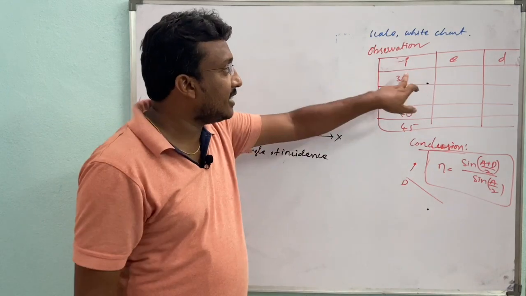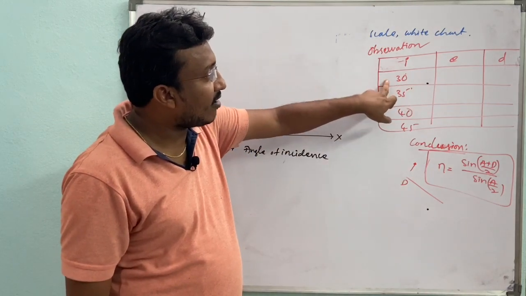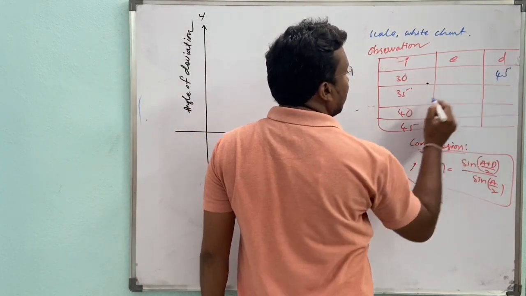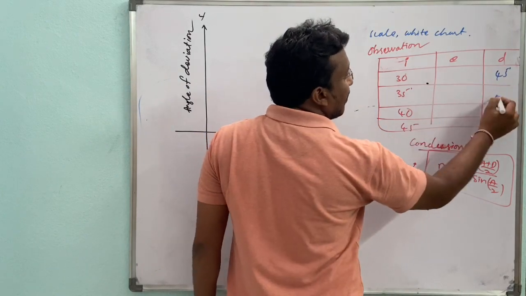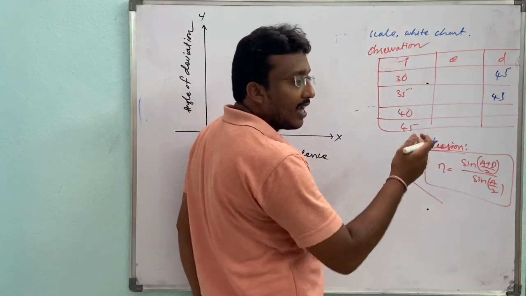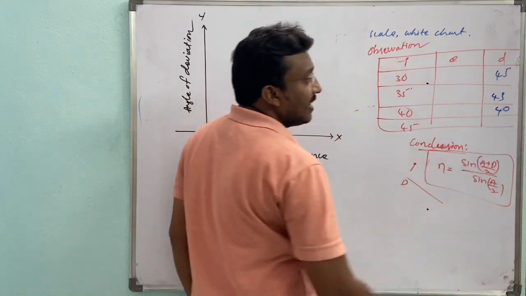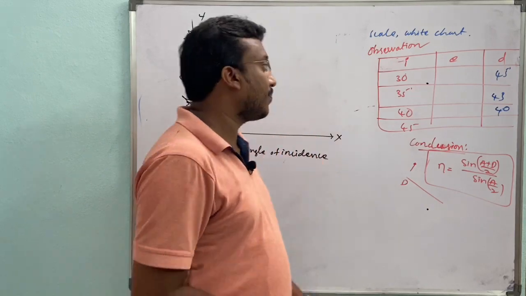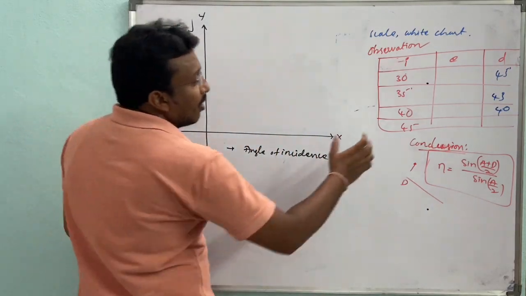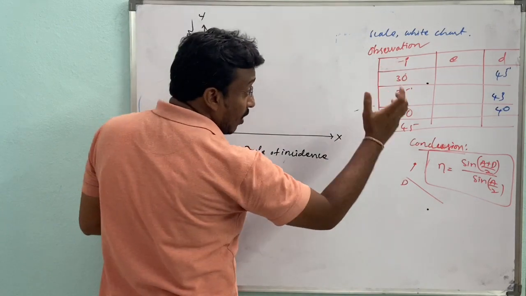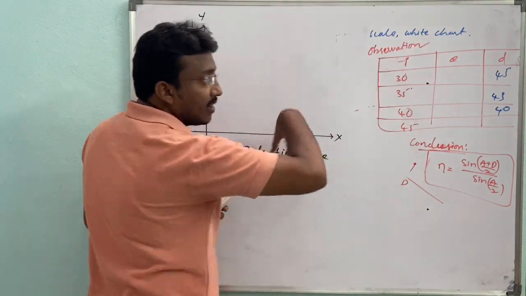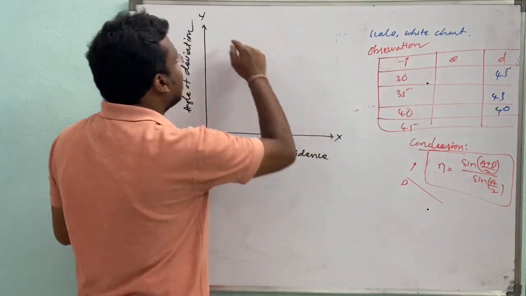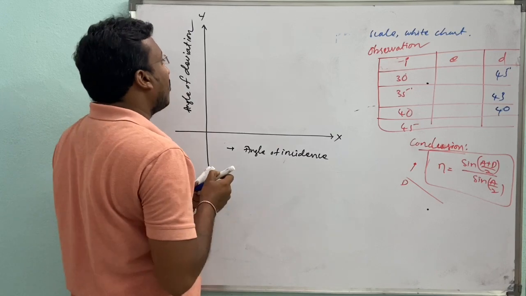Got it? While changing the angle of incident, when I have taken 30 degrees, for example you get 45 degrees, then when I have taken 35 degrees, maybe you get 43 degrees, and when I have taken 40 degrees, maybe you get 40 degrees. That means while changing the angle of incident, the angle of deviation is changing. Right. After this observation, from the data we collected from our experiment, we have to use these values to draw a graph.